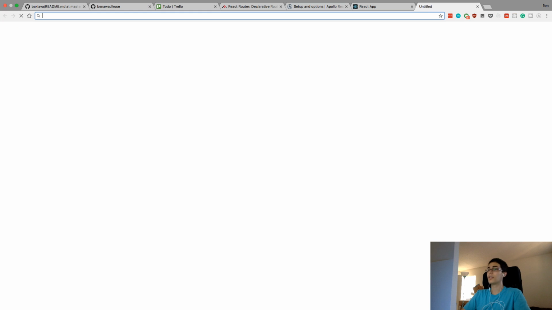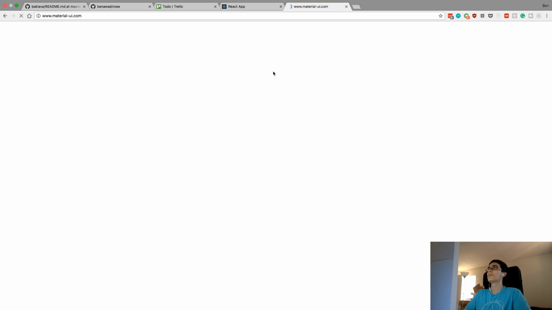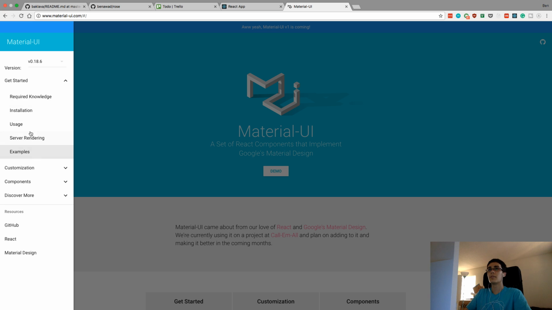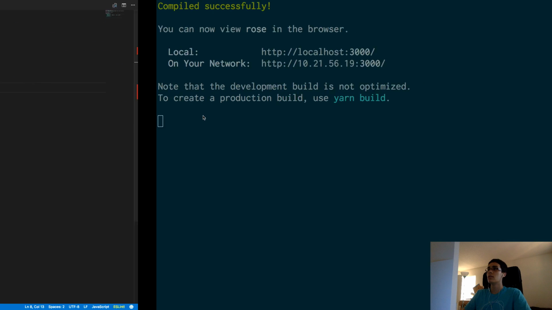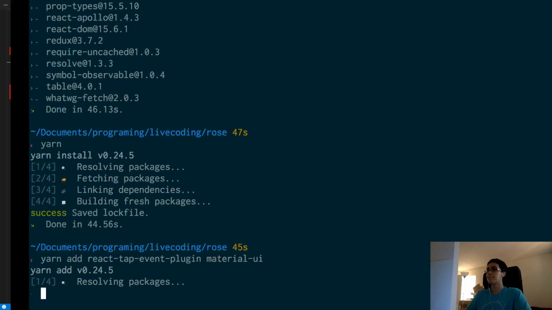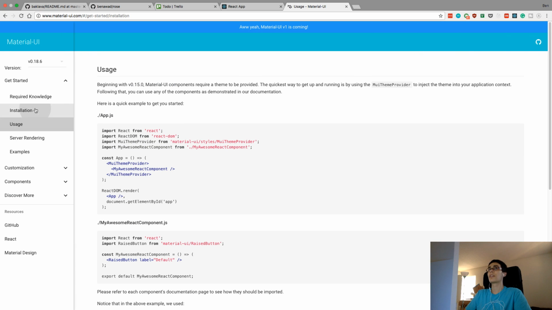The next thing I wanted to do was Material UI. I'm going to close React Router. There are two things we have to install to get Material UI set up. So, installation: we have to install this. So yarn add React tap event and then Material UI. And then if we go to usage, actually we need to copy this,